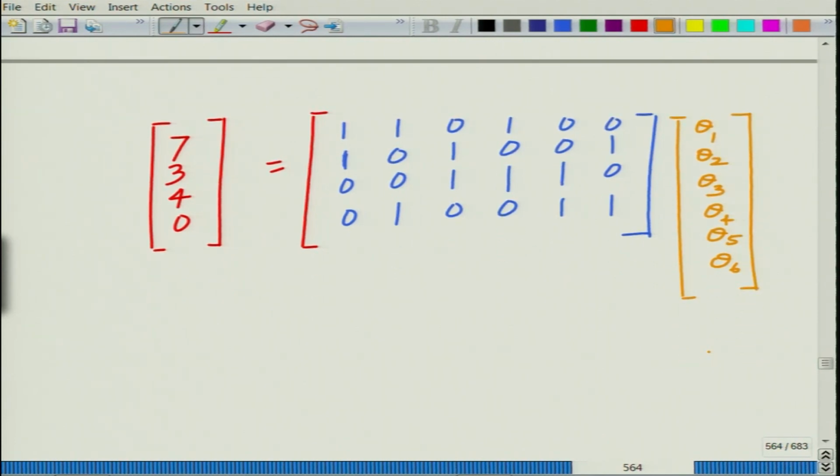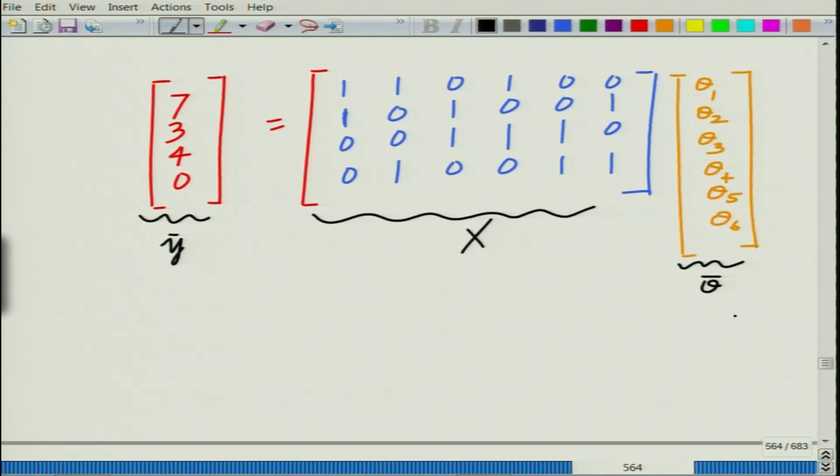So, this is your vector, and let us denote this by y bar. Let us denote this matrix by x. This we denote by theta bar, and in fact, if you look at this,